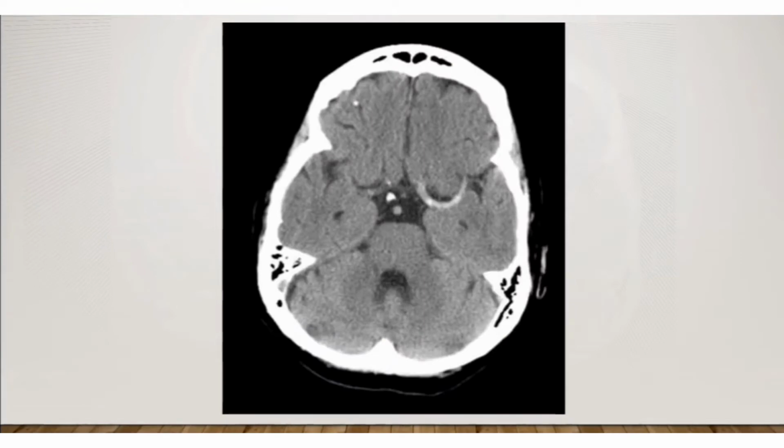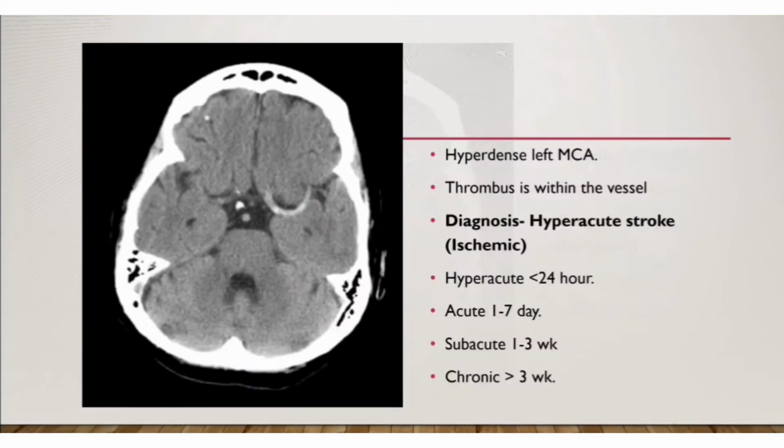So this is a non-contrast CT scan of brain, and can you find the abnormality? Yes, there is a small calcified granuloma in right frontal lobe, but that is okay. More important finding is dense MCA. So your left MCA is dense, and this is the earliest step of ischemic stroke of brain.